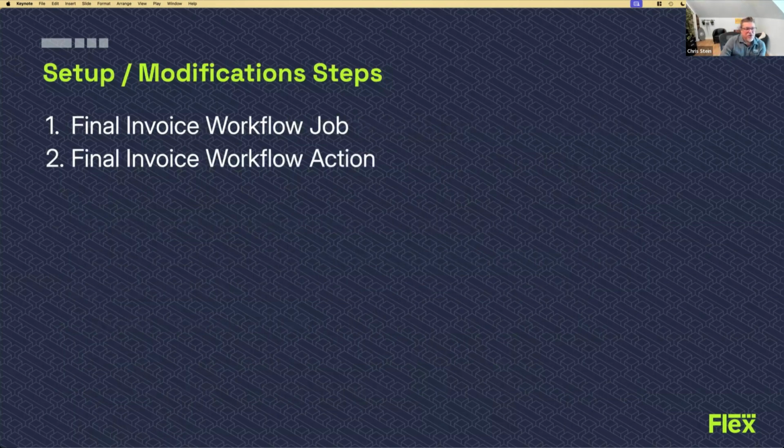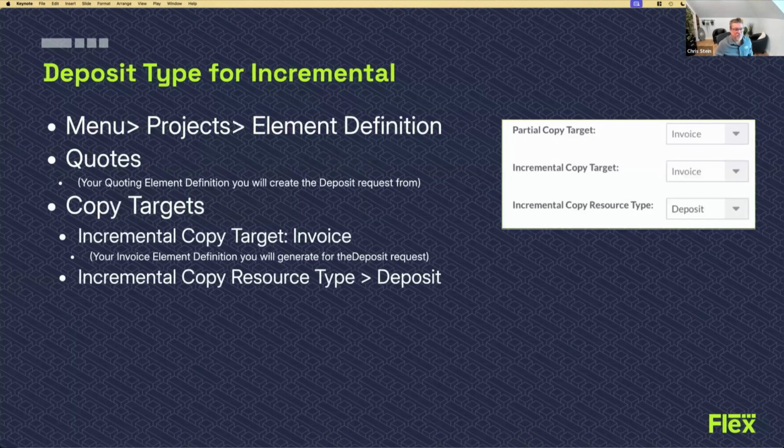There's going to be two modifications, and support can definitely help you with this. We're going to add a new workflow job that's slightly different than our normal quote or our invoice generation job. And then we're going to change and update a workflow action. So if you're not familiar with incremental invoices, these can be found by going to Menu, Projects, Element Definitions, and